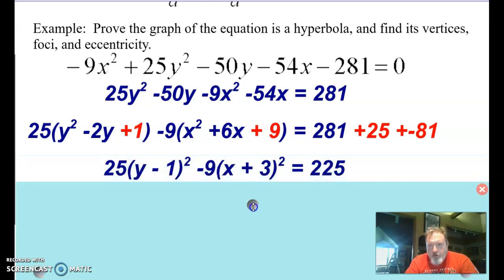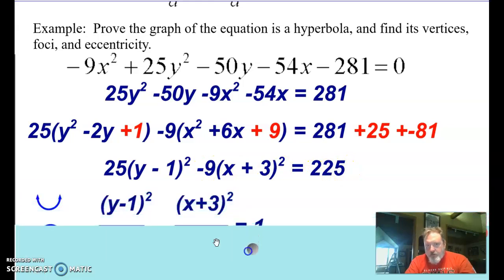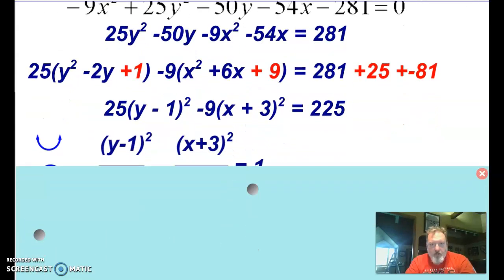At this point, we're in really good shape to complete the square. So this is y minus 1 squared. This is going to be x plus 3 squared. These worked out well for us at 225. My last step here, I'm going to divide, because this has to equal 1. I'm going to divide all of these terms by 225. And when I do that,